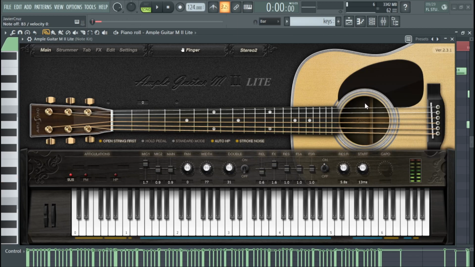One of the things I really noticed about this when I was messing around with it earlier is that hitting a chord, you really do get that strum sound. So I'm gonna hit a chord here. The velocity, the harder you hit it, the more of that strum sound you get. I'm actually gonna play a little bit lower so you can hear it clearer. So